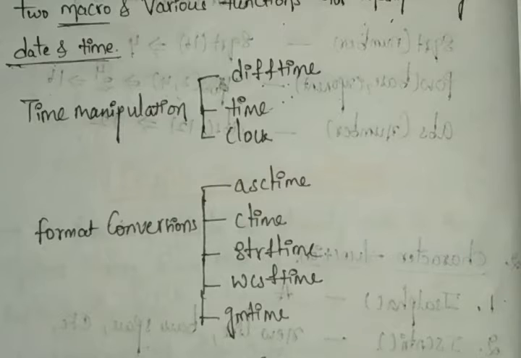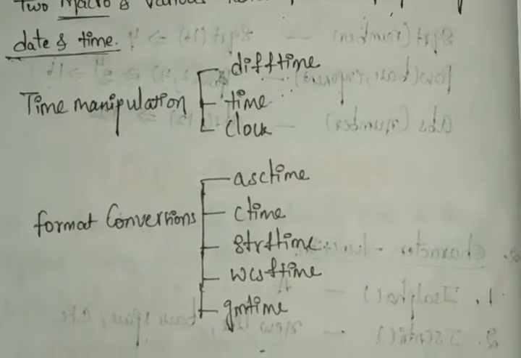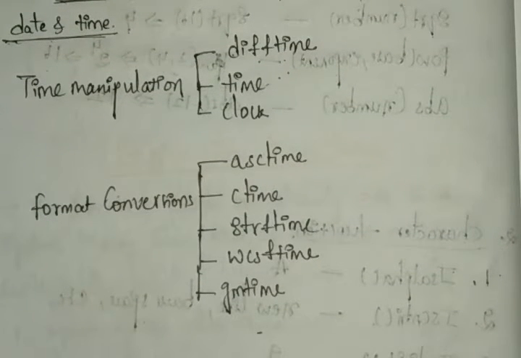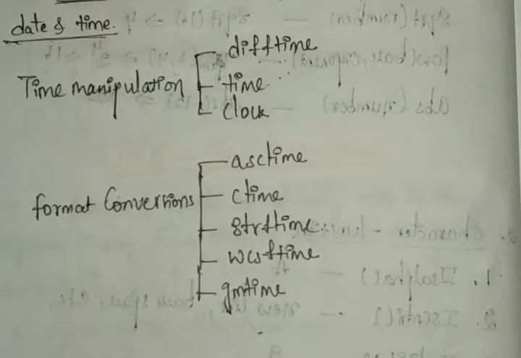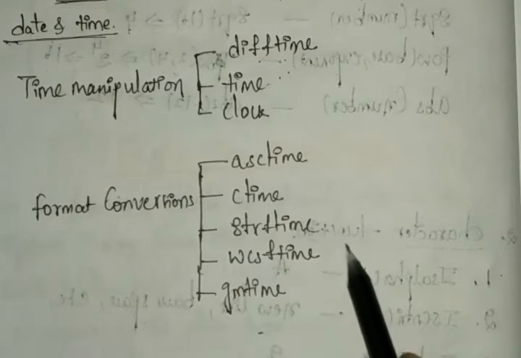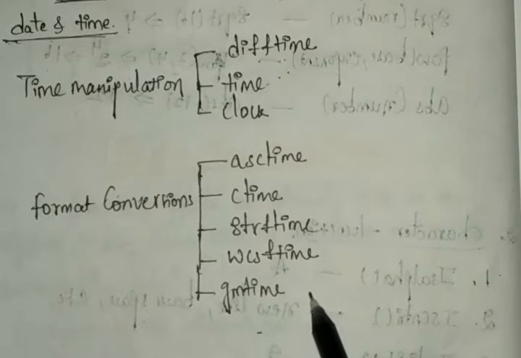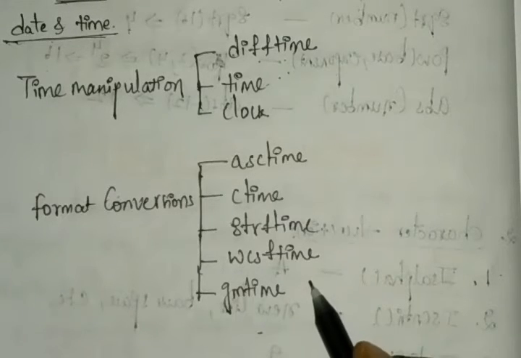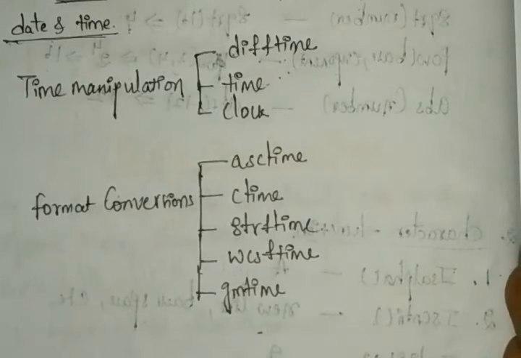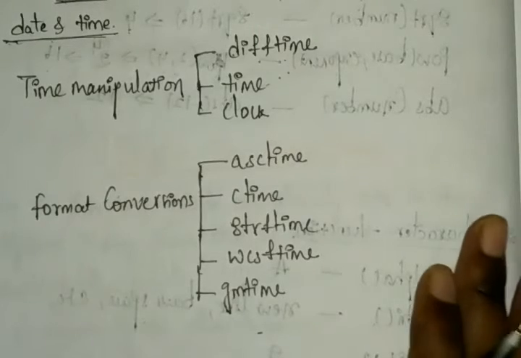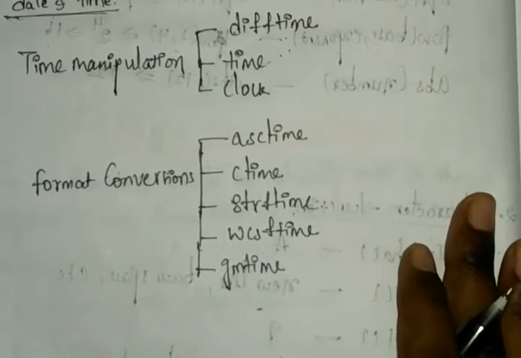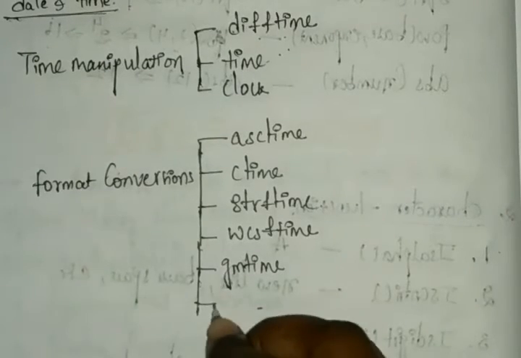GM time can convert the value to the calendar time expressed in coordinated universal time. The GM at present, whatever you have, will be right or after the time, so it can be like our calendar time. So that can be expressed as coordinated universal time. Okay. And next we have the local time.